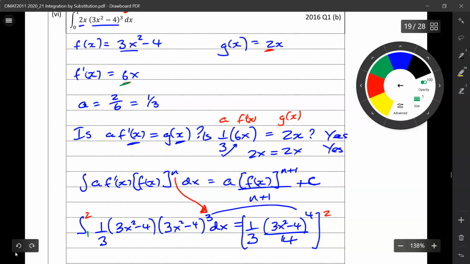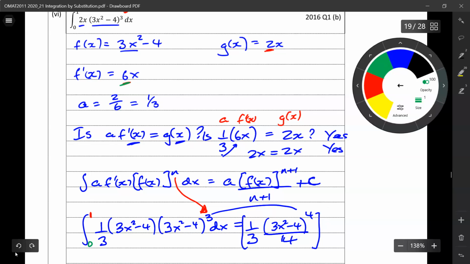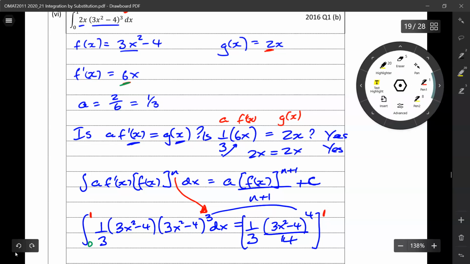Oh, I put the wrong limits in here, my apologies. Our upper limit is 1. If you wait, I'll just rectify it. So our upper limit is 1, and our lower limit here is 0. I was getting confused with the last question here. So our upper limit is 1, and our lower limit is 0. So if we continue on here,